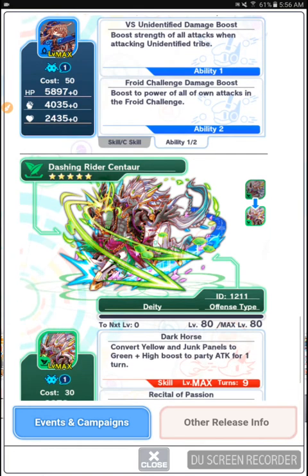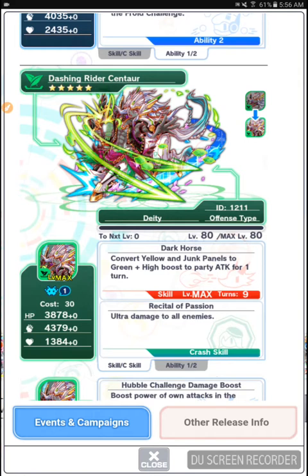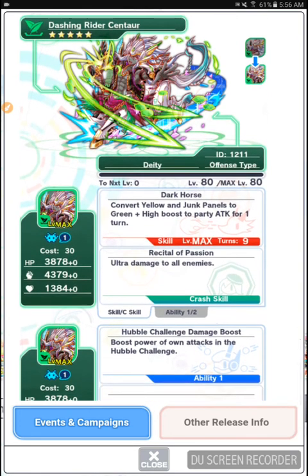Then we've already seen the face of this unit before, I believe in the Delphine quest. I'm not 100% sure off the top of my head. I remember there was Cyclops and Centaur, and you had to kill Cyclops first. Oh shoot, I just can't remember which wizard mission or whatever. But anyway, we actually now get to have Dashing Rider Centaur, and it's pretty interesting because cost is 30,